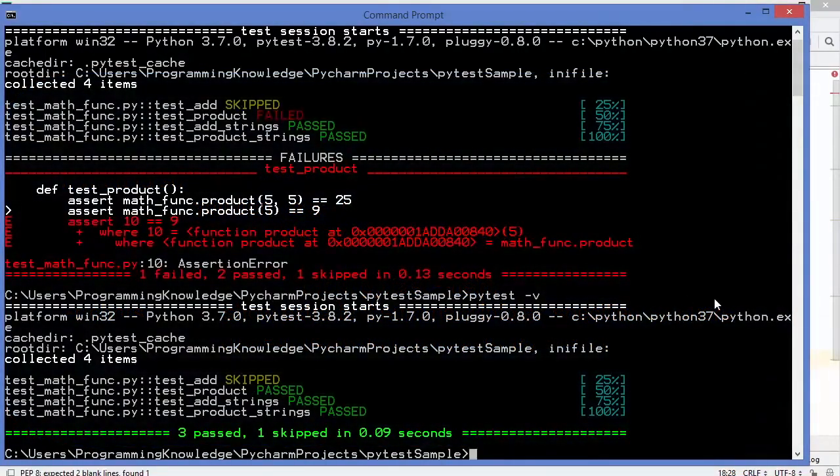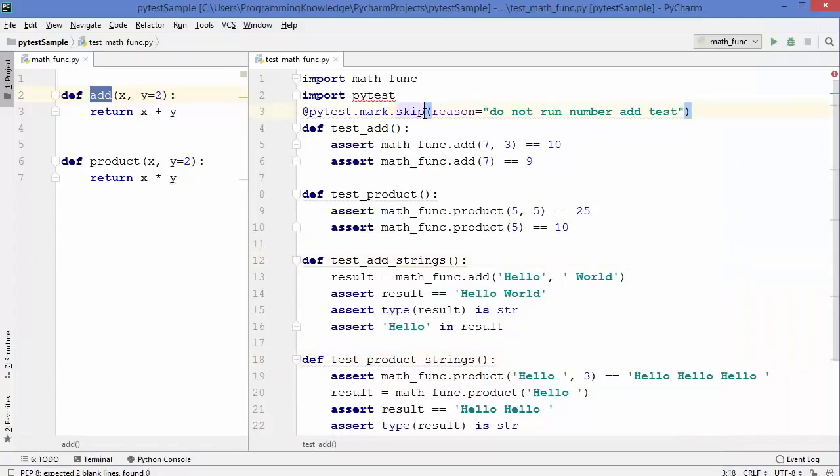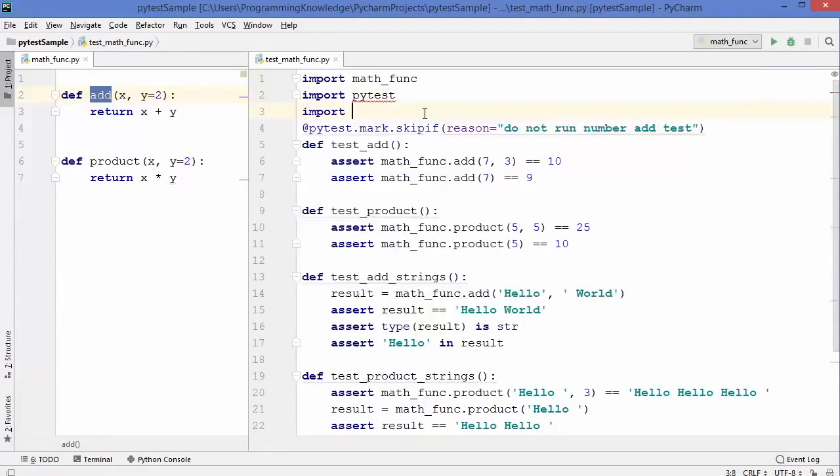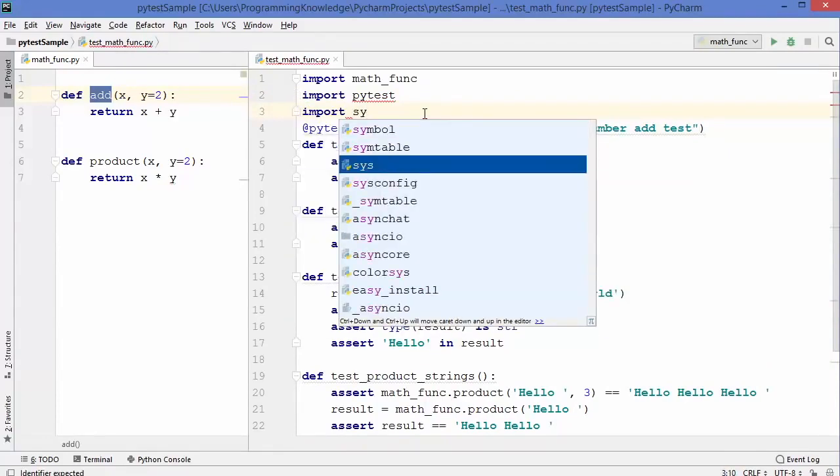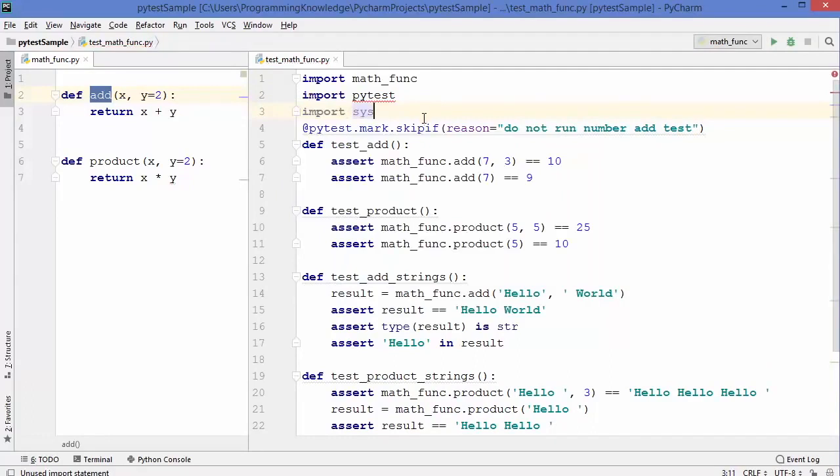Also there is a skipif option available. So here instead of skip you can just write skipif. This skipif is going to check for some condition. Let's say I'm going to import the sys module here, which is going to give me the information about the Python version I'm running. And then as a first argument, I can give some condition. So I'm going to just write sys.version_info, which is going to give me the version of Python available, and I'm going to check if this version is less than, let's say, 3.3, then I want to skip